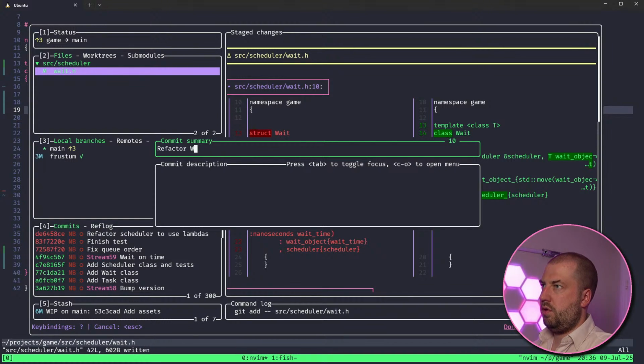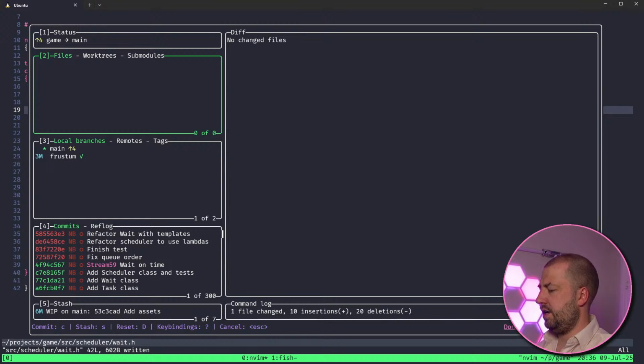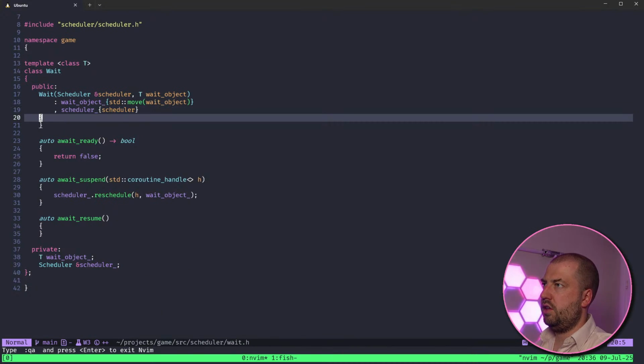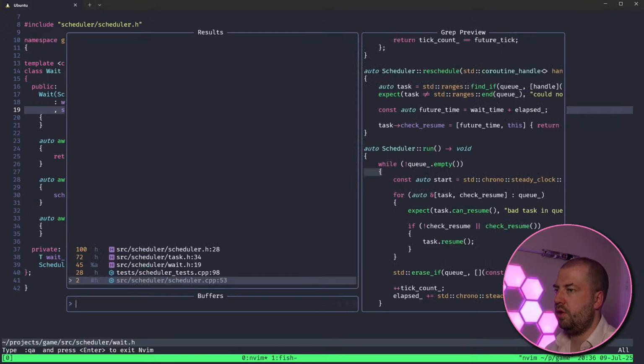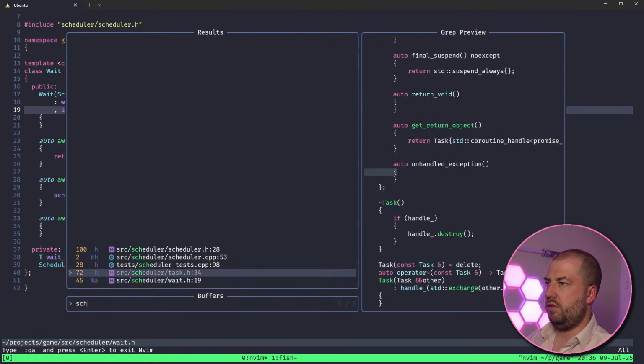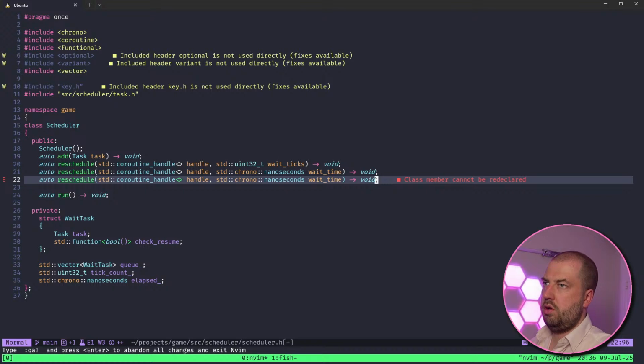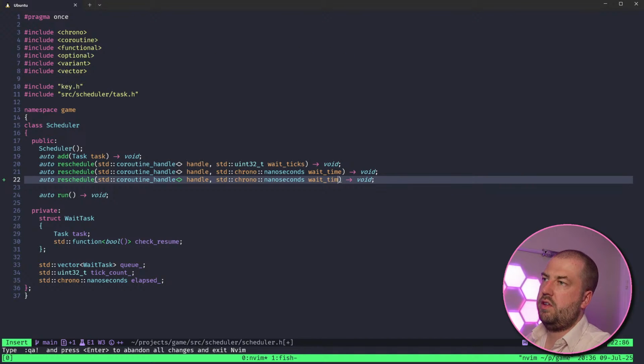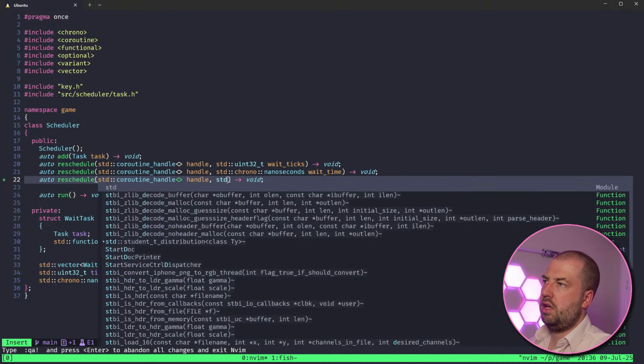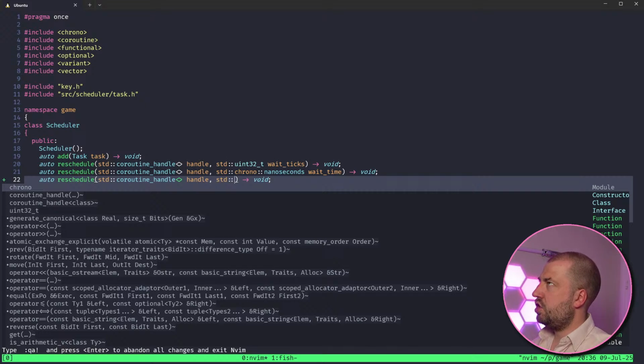Refactor weight with templates. That's going to be super easy to add another co-weight on a task, because all we have to do is go over to the scheduler and add another reschedule. And then we're going to give it the... We are rescheduling... Who are we rescheduling?